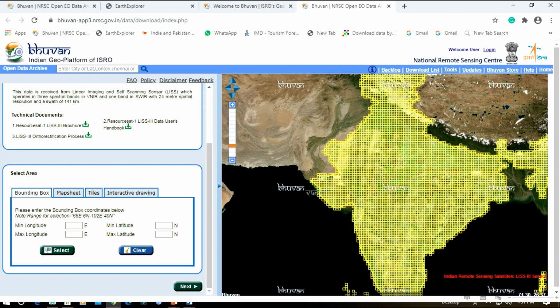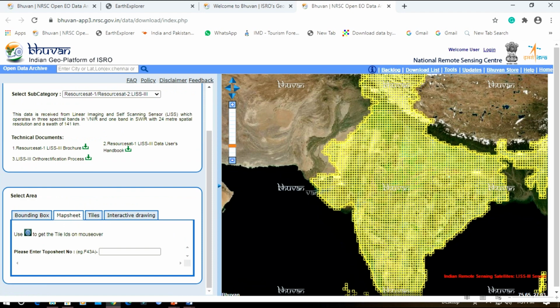If we do not know the latitudinal or longitudinal extension of a particular area, then we can click on map sheet. Then enter the topo sheet number. If we do not know the topo sheet number of this particular area, then you click on tiles.